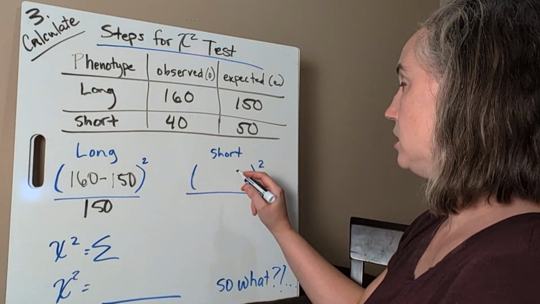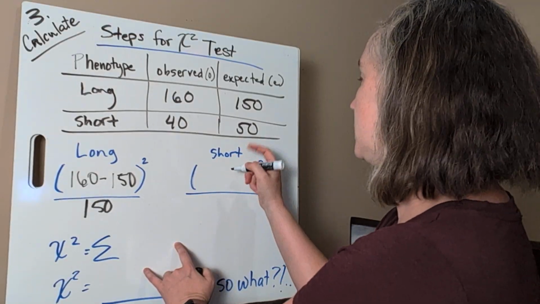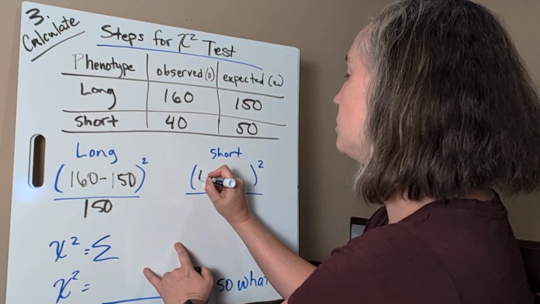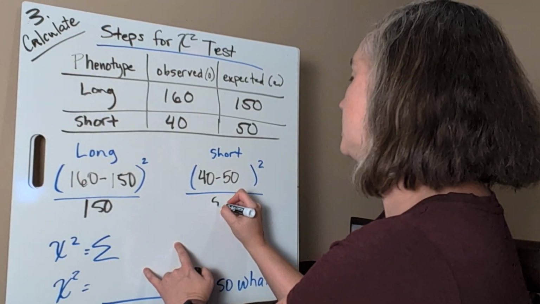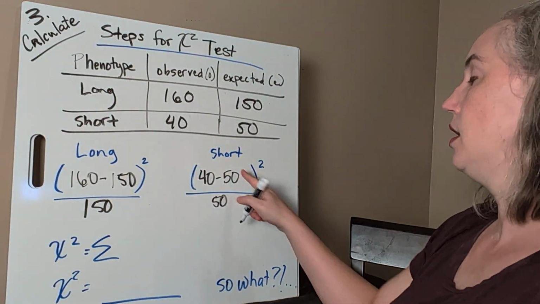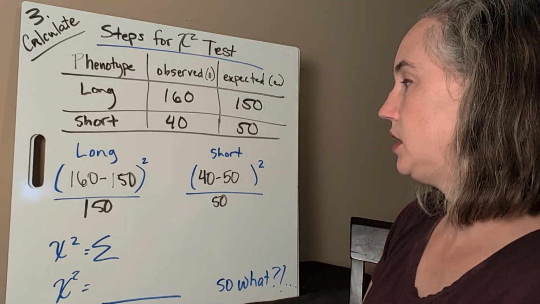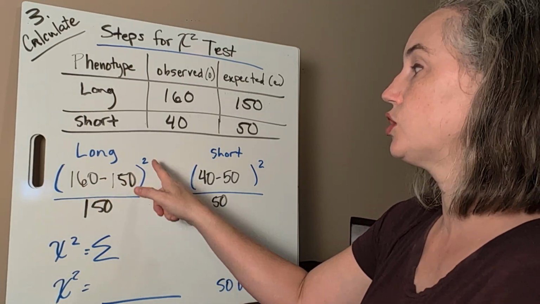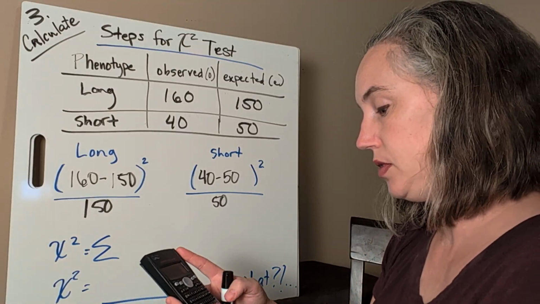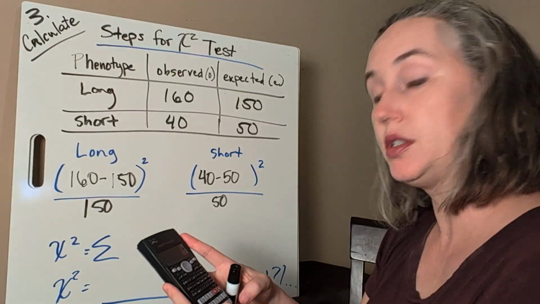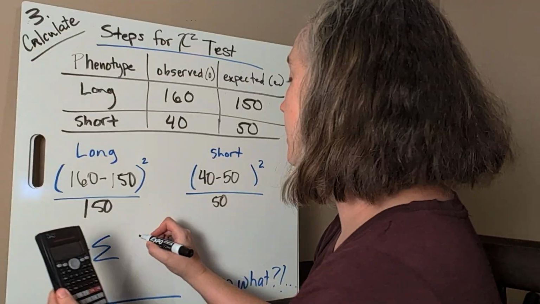For short, when I plug those numbers in, that's going to be 50. Wait, no, observed is 40, minus 50 over 50 expected, right? And we don't forget to square the numerator. So 160 minus 150 is 10, squared is 100, and then 100 divided by 150. Again, when you're using your calculator, you want to use the one you plan to use on the AP Bio exam. We're going to get